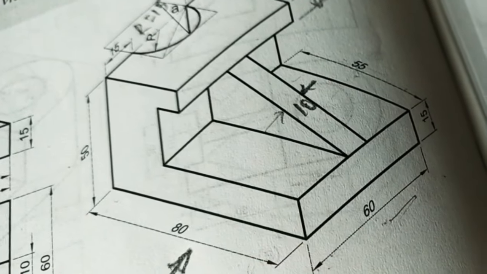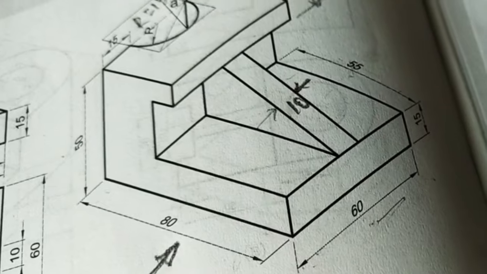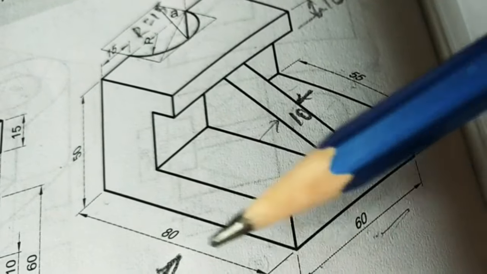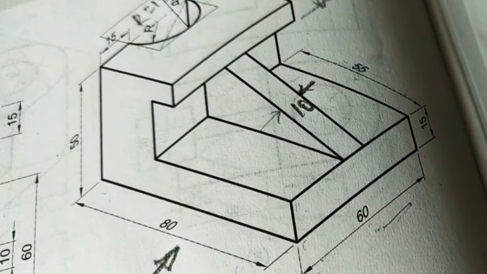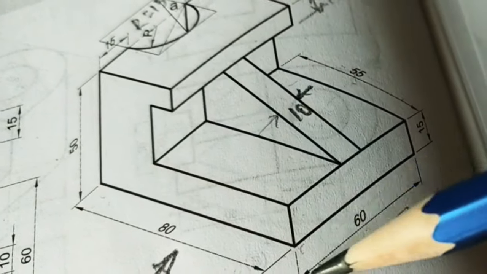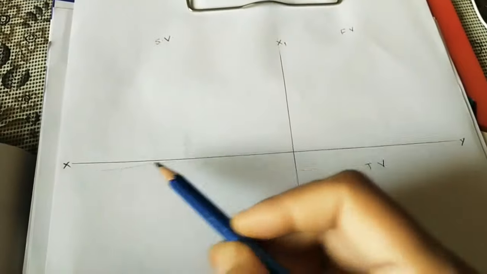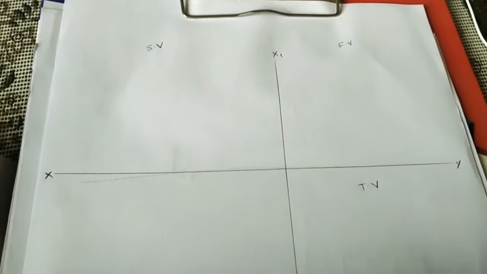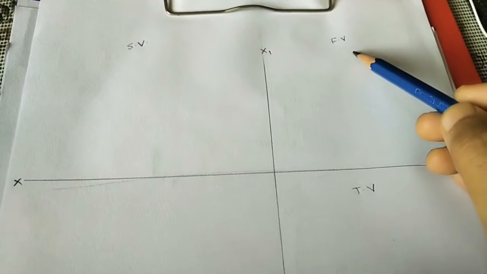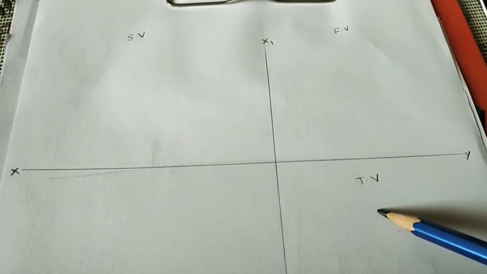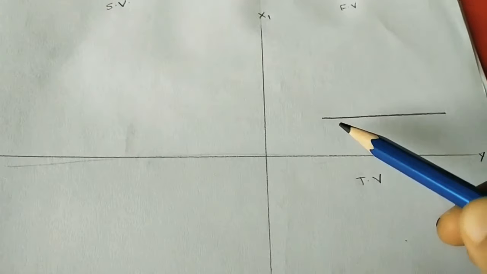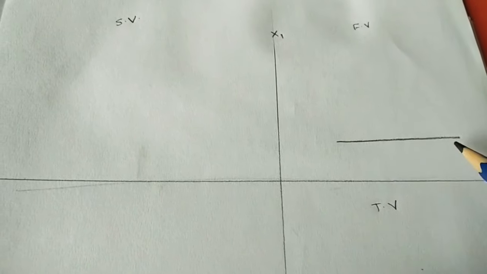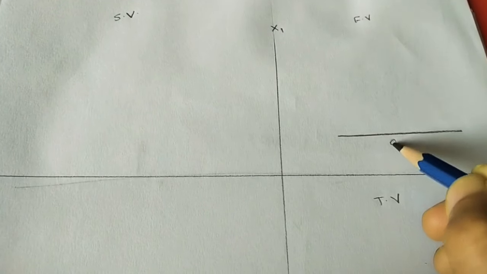We can see the U shape initially, so let us do that shape. What are the dimensions? It is 80, and the height is 50, and here the height is 15 mm. Initially let us do an 80 mm line here. For doing the front view, top view and side view, I drew one horizontal reference line and one vertical reference line. Initially we are doing the front view, and below it we will do the top view. Let us do the 80 mm line. Roughly I am doing it without using drawing instruments, approximately taking the values. This is 80 mm.